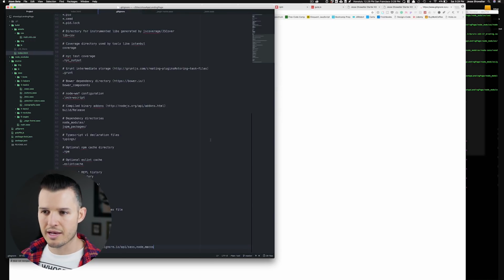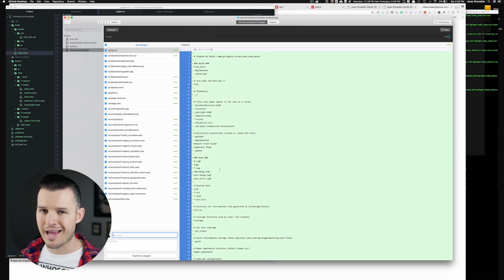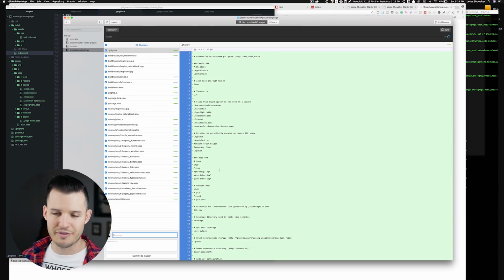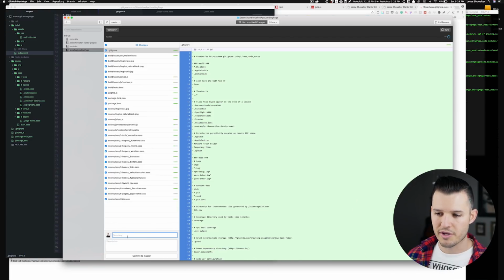Yes, I want to use the dot at the beginning. And what you'll see is when we go back to GitHub, it's slimmed it down from being like 15,000 files to just these 29 uncommitted changes right now. Our gitignore file is in there. So right now all we're doing is uploading our build folder, our gulp file, our package JSON files, and then our source folder and all the changes that we've made. I feel pretty good about that.